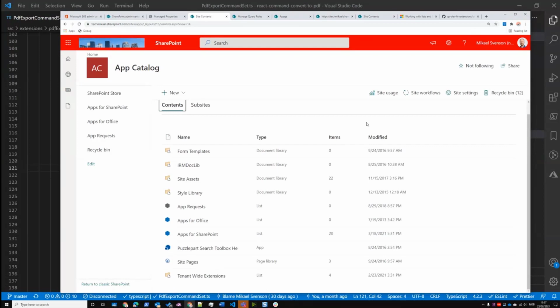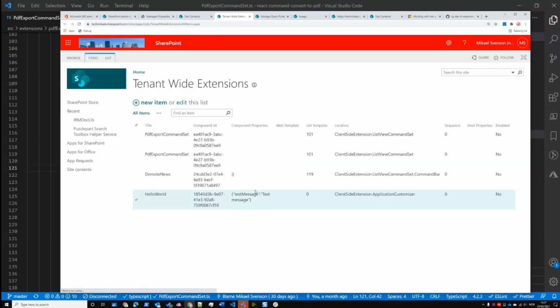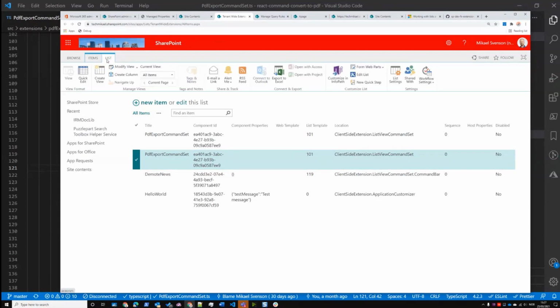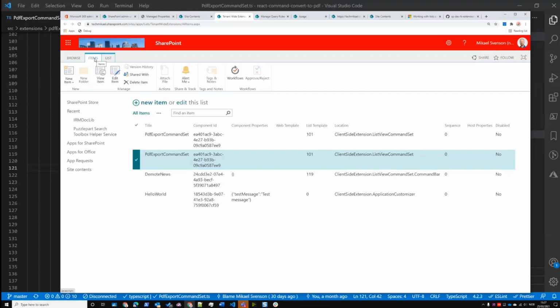Tenant-wide extensions are listed over there. We're potentially looking into putting this, by the way, in the app catalog left menu pretty soon. And this basically means, since when Mikael created the solution, we do create the default XML and files as part of the solution structure. We'll have a look at those as well. But the beauty of doing this is that now by default, every single document library will have this extension in it. It doesn't matter where you create the document library, this extension will be lighting up across the tenant, and